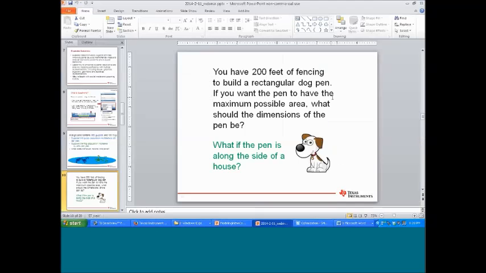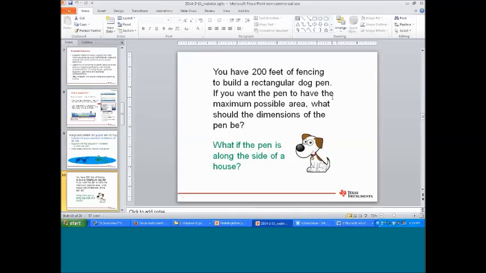And the next problem is the problem about building a rectangular dog pen. And one of the things that we have to guard against when we're doing modeling problems is making sure that our problems aren't too cliche and too easy for the students to just give us an answer. But what I'd like you to see with this activity is that it's not just going to be the answer